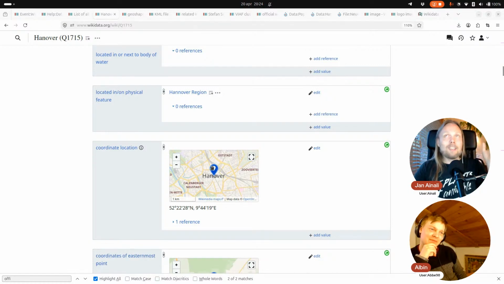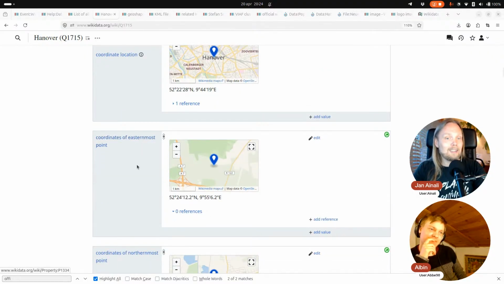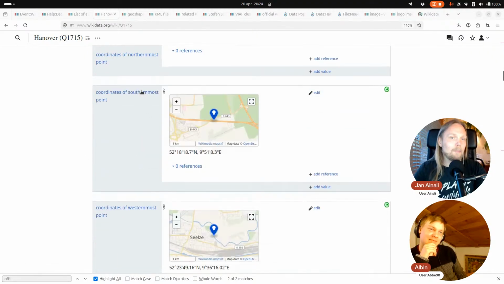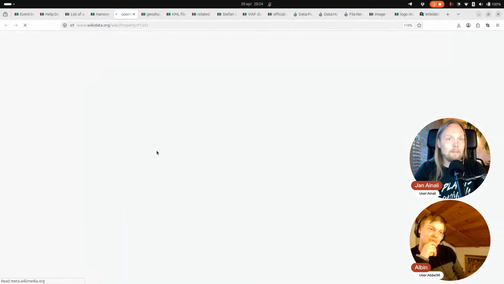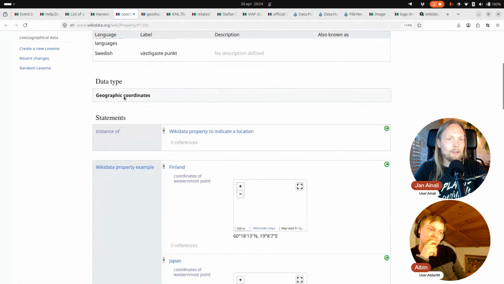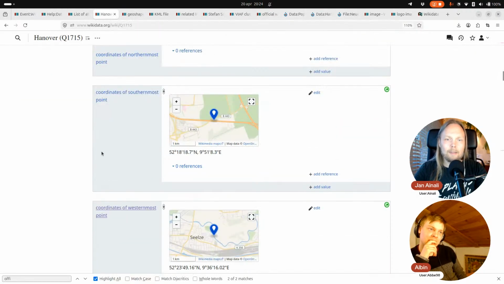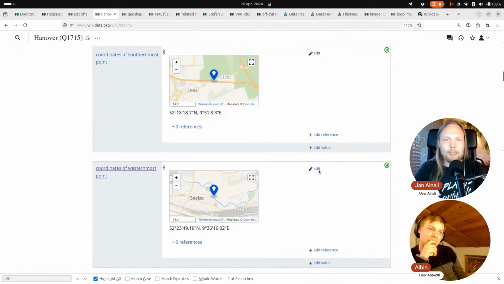So coordinate location is very basically where something is, but then we figured out, oh, maybe we would want the most eastern point, northern, and so forth. But they're all of the same data type. So if we look at this one, it's the geographic coordinates, the data type there. And if you edit these,